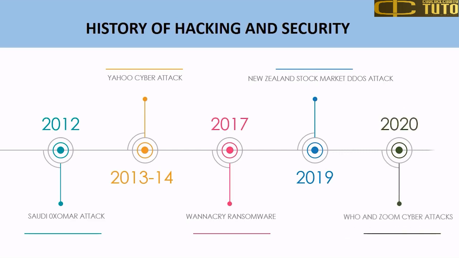In 2020, 450 active World Health Organization or WHO staff email addresses and passwords were leaked online along with thousands belonging to others working on the novel coronavirus response. In the same year, over 500,000 Zoom accounts were compromised and sold on the dark web and hacker forums for less than a penny each, and in some cases, given away for free. These were shared so that hackers can use them in Zoom bombing pranks and malicious activities.